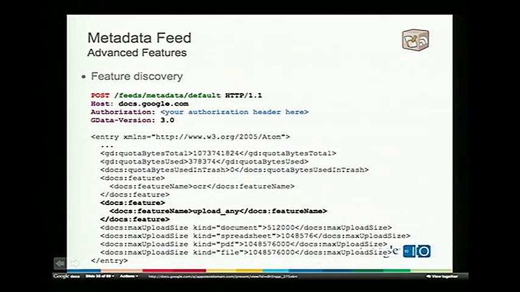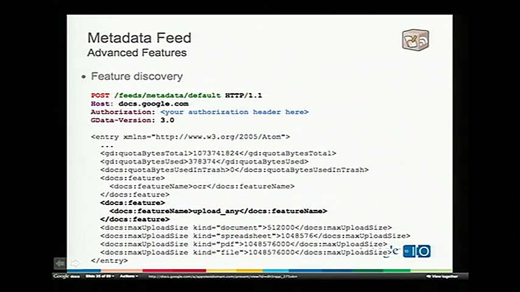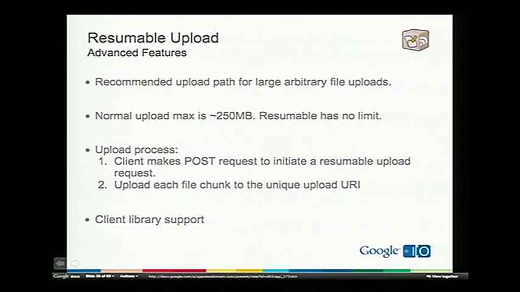account. So there's things like quota bytes used, how much quota it's taking up. There's the OCR rate limiting. This particular account that made this request, you can tell is a Premier account because it has the upload any feature name set. And then you get other properties such as the upload size for each type of document. There's also, what's not pictured here, the export formats for each document. As you know, Google Docs allows you to export documents and spreadsheets into different formats, PDFs, Microsoft Word formats. So it's very useful for customizing a client UI based on the feature set